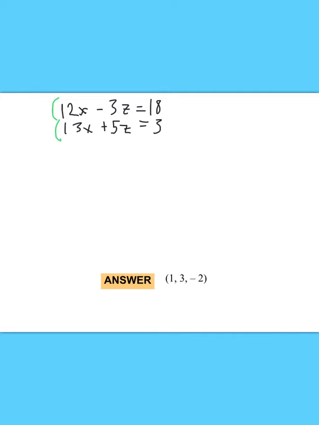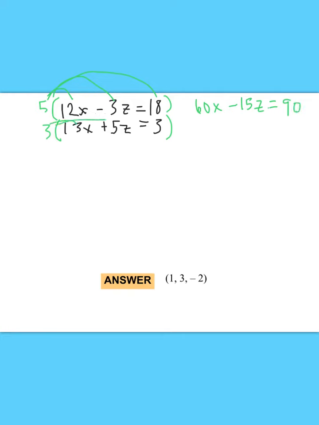The top I'll multiply by 5, and the bottom one I'll multiply by 3, because I'm trying to eliminate my z variable. I picked z because 3 and 5 were smaller numbers than 12 and 13. You could have also eliminated the x value, but when I distribute, make sure we're going to every term, and I'll get 60x minus 15z equals 90,